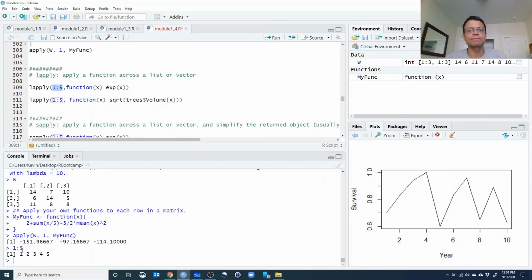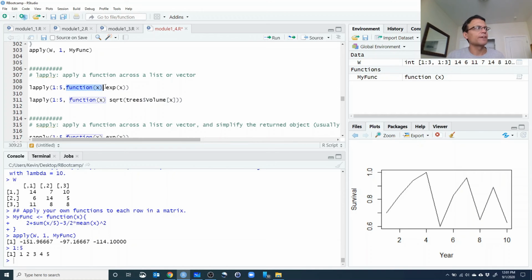So we're going to take this value 1, then we're going to do the value 2, all the way to the end of this vector or list. And for every one of those elements, we're going to apply this function. All right. So this is, you'll see, somewhat similar to a for loop, but just know that these apply functions are more efficient than for loops are in R. So let's see what this does. This is going to take this iteration vector, and we're going to apply a function